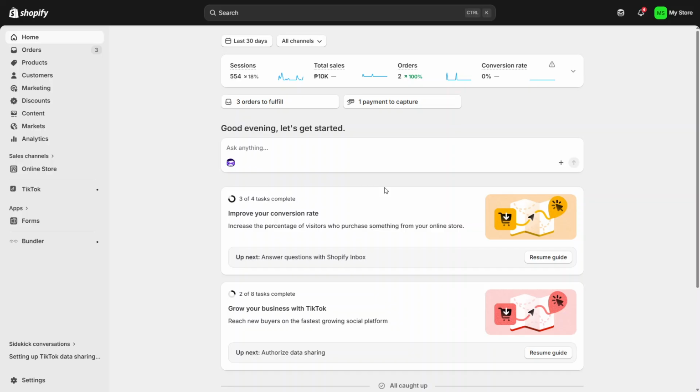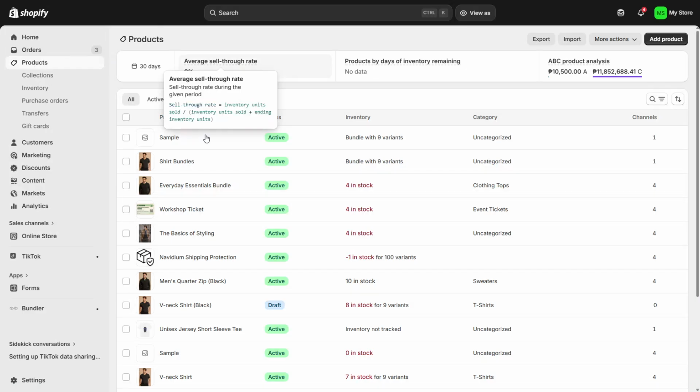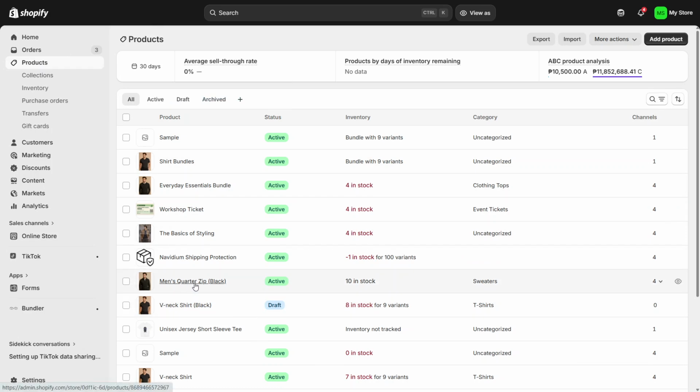First, log into your Shopify admin dashboard. On the left-hand side, you'll see a menu. Find the option labeled Products and click on it. This will take you to a list of all the products in your store. From here, choose the product whose inventory you want to track by clicking on its name to open the product